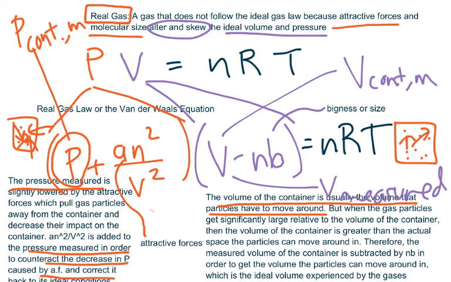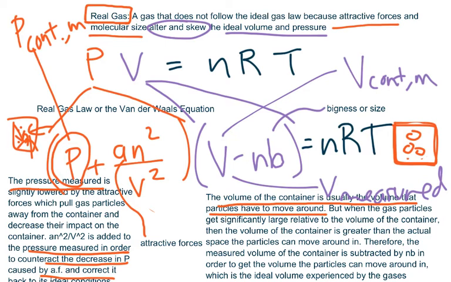But when the gas particles get significantly large relative to the volume of the container, so they're super huge, then the volume of the container, which is this over here, is greater than the actual space the particles can